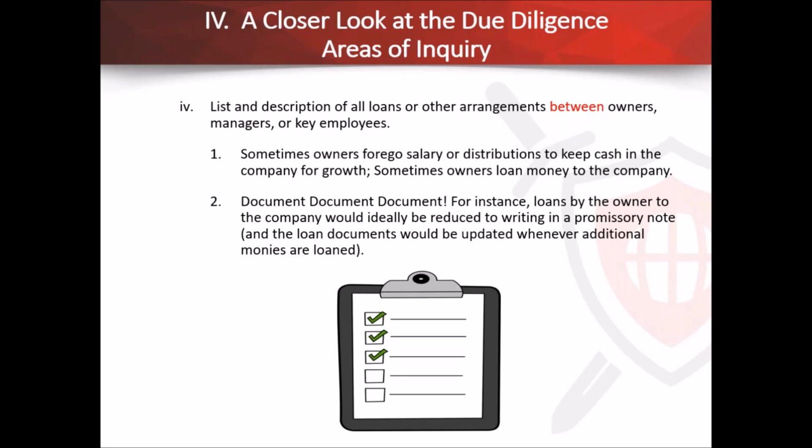Item 4 here comes up frequently: if the business needs a cash infusion, sometimes the owners will forego salary or distributions to keep the cash in the company for growth, or they may even loan money to the company. A lot of times these are informal arrangements that are not documented. And so what we'd recommend is